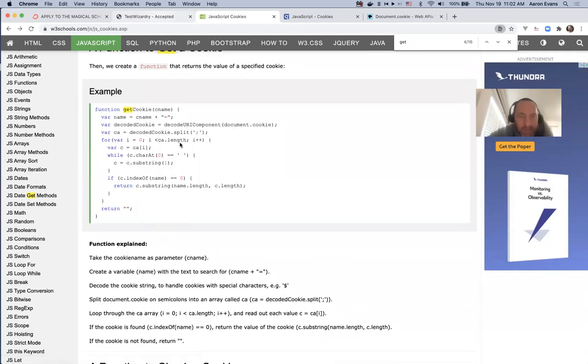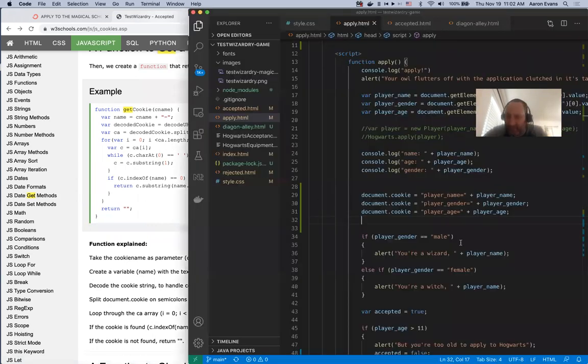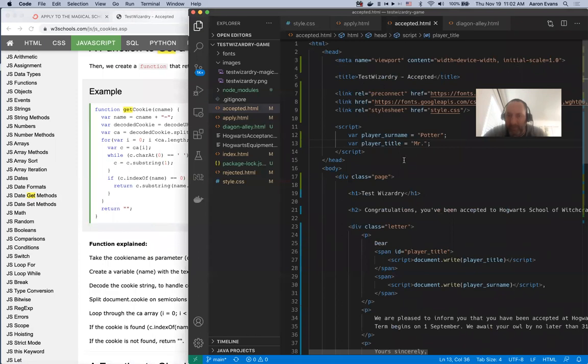Where is document cookie? And then we've got to split. Okay, so it's separated by semicolon. That's how you do it all in one line. All right, so then we've got document cookie. And so what we're going to do here is